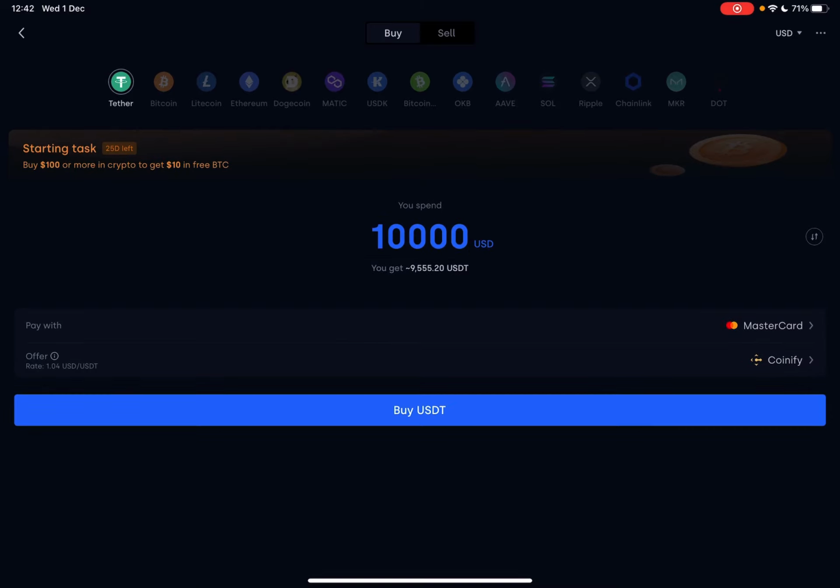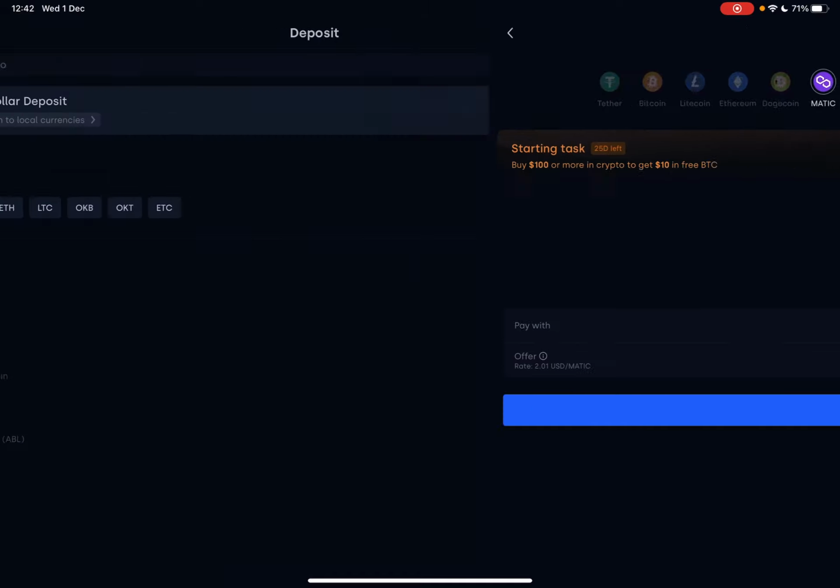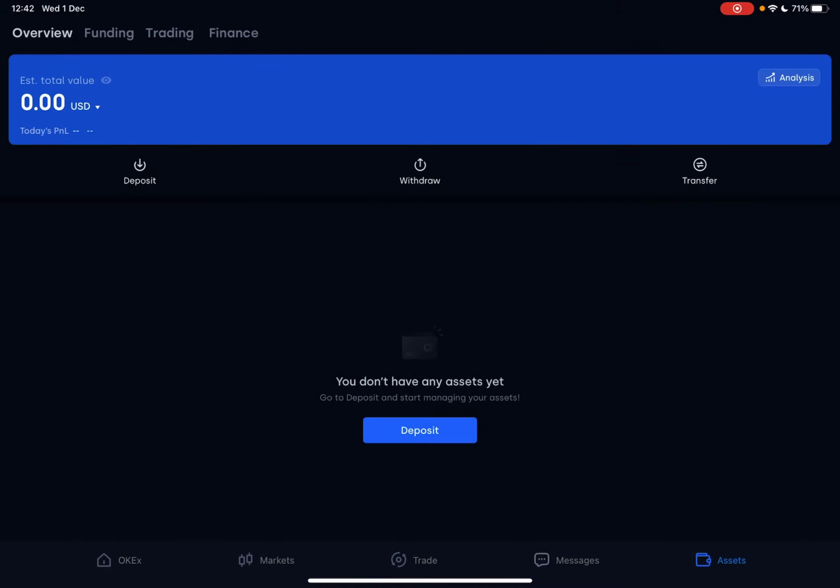Then you choose your card, your MasterCard or Visa card. You can use either of those. And that's pretty much it. You can choose in what coin would you like to deposit your money, and just tap on buy, and your money is going to be deposited in your wallet, and your wallet value is going to go up to the limit that you have